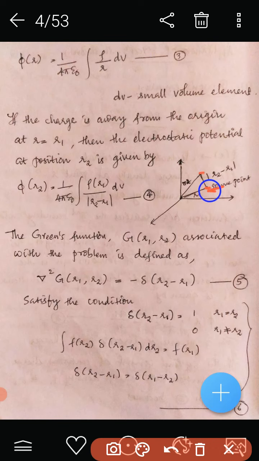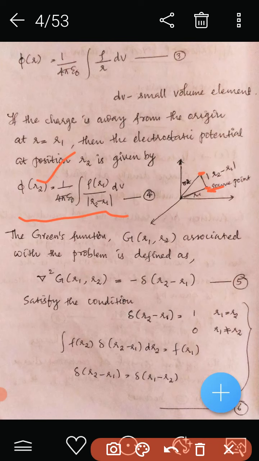This is given by phi of r2, because we are finding the electrostatic potential at position r2, equals 1 by 4 pi epsilon 0 integral of rho of r1, because the point source is at r1,